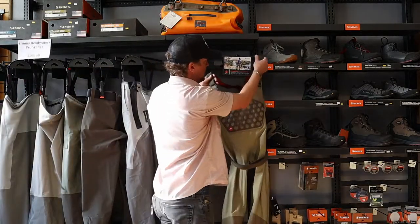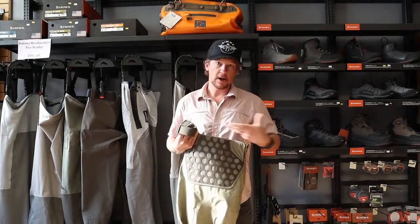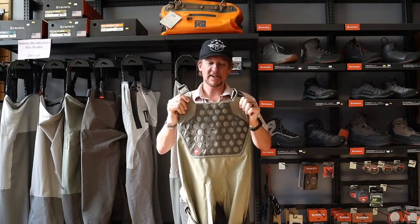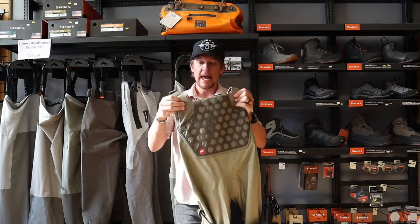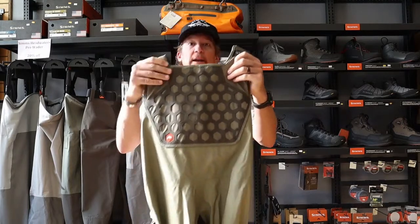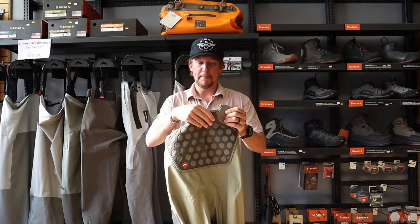And then you might notice that the top of the waiter is cut a little lower. So we scalloped the top of the waiter so that it does have better breathability, better heat dump out of the top of the waiter, and we added an air mesh panel on the top here. So again, added breathability. We have one zippered chest pocket on the back side,